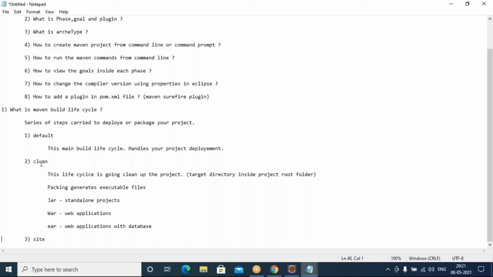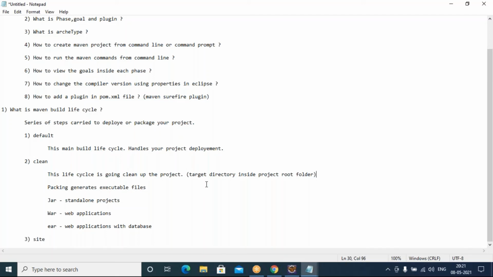So what is the clean phase going to do here? It's going to clean up the folder where your .class files will be sitting. Let's say I am working on a project and my project version is 1.0. I build this project, create one JAR file using a Maven command, and package this application.